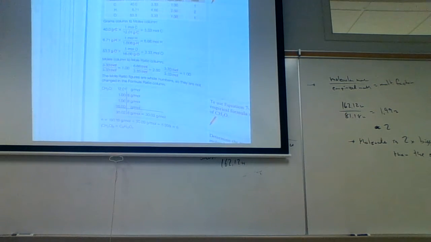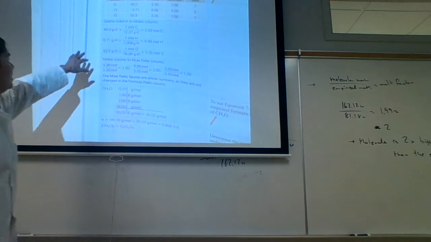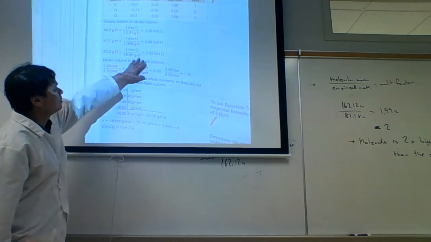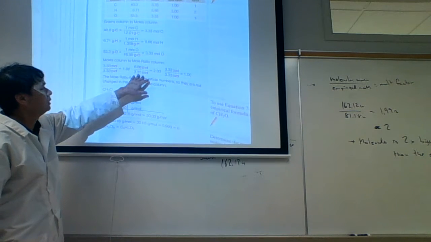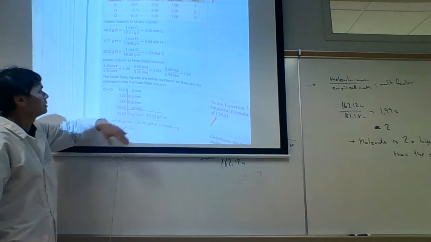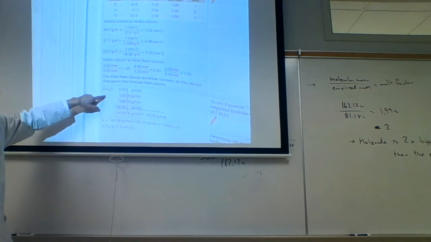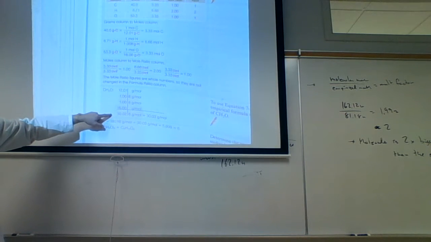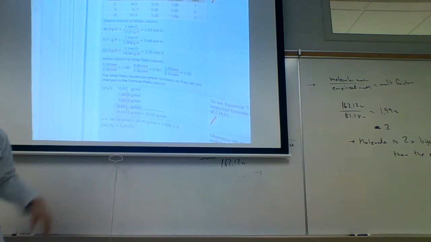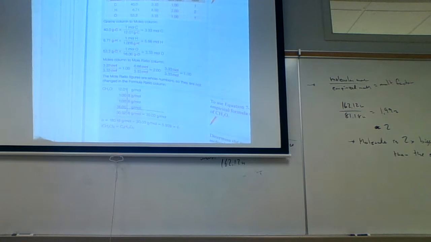You assume a 100-gram sample here. You convert those into moles, get the mole ratio. Here they got it into the simplest whole number, the empirical formula here. And then compared the empirical mass with the molecular mass to get